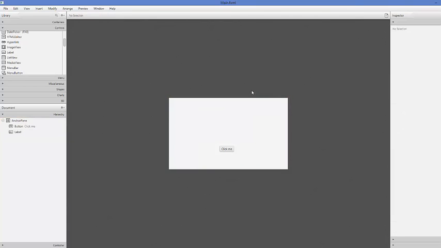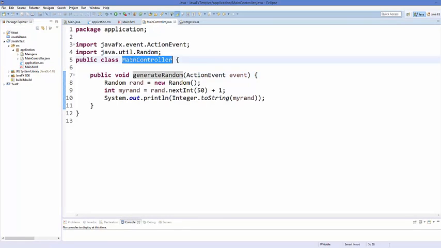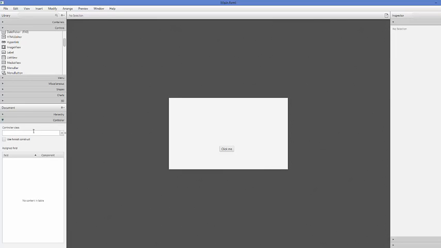Right, now what we are going to do here is, you can see on the left hand side at the bottom there is a category called controller. So just expand this controller category which is at the bottom, and in here you will see this option called controller class. So we have already created our controller class, which is the main controller. And if you open your fxml file after creating this main controller class, it will be shown here in the controller class option. So just press this list box and you can see